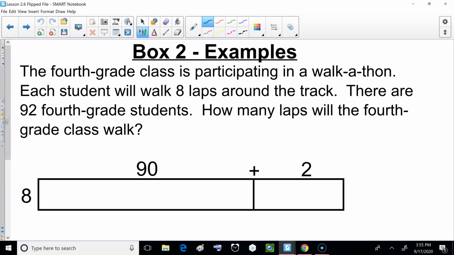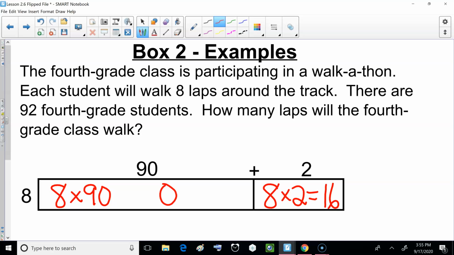So we're going to solve this using the place value method. It looks very similar to what you've already done in the past. So we see we have the area model. We have 8 times 90 because we broke up 92 into 90 plus 2. And we find the area of this side, 8 times 2. 8 times 2 is 16. Our 9 is in the tens place value, so that means we're going to have nothing in the ones. So we have 8 times 9 is 72 tens, which would mean we'd have 720. We're going to add those two numbers up, 720 and 16, and get